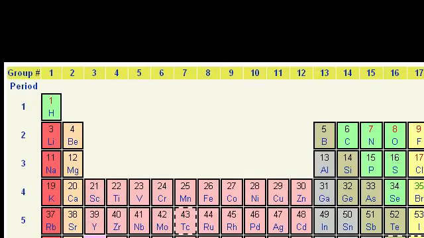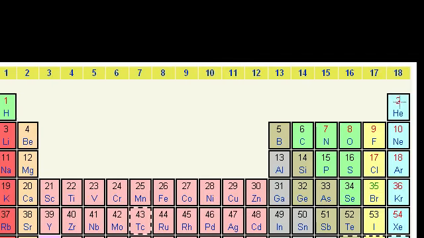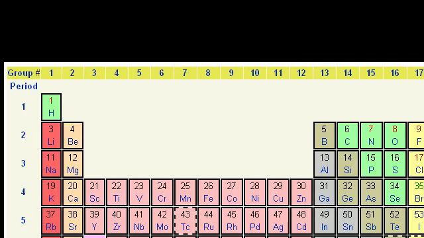If you were to take a number of snapshots of helium, which has 2 electrons, both of them in the 1s orbital, it would look like this. If you took one snapshot, maybe the electron is there. The next snapshot, maybe the electron is there. Then it's there. Then it's there. Then it's there. And if you kept doing the snapshots, you would have a bunch of them really close,